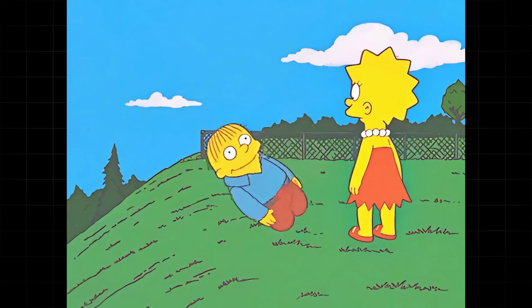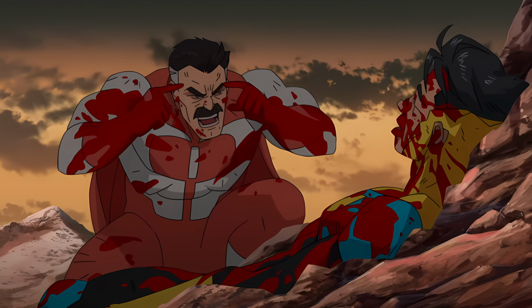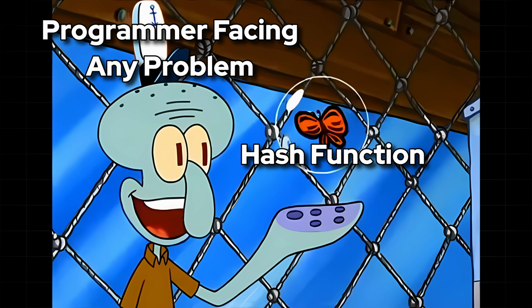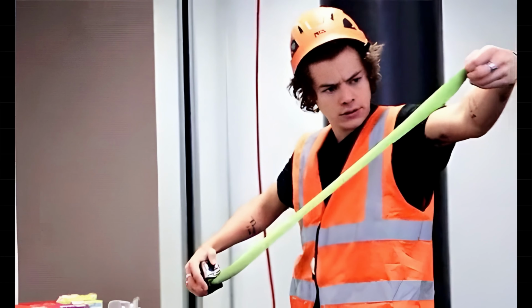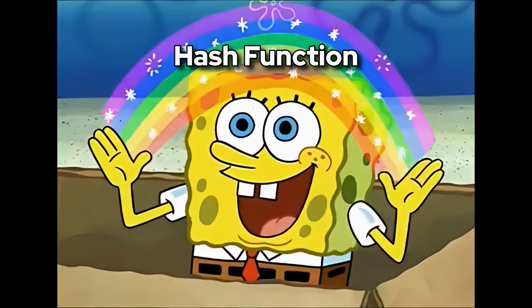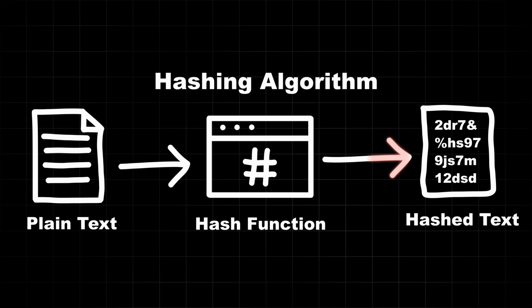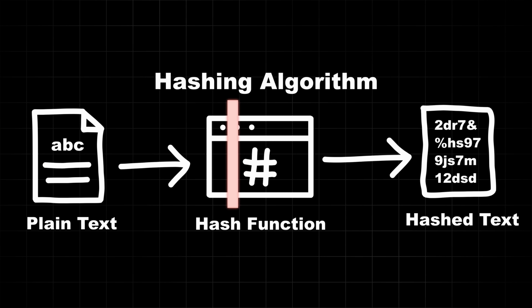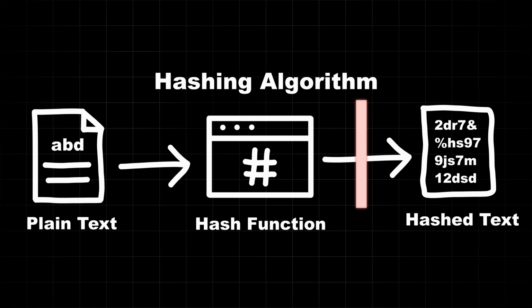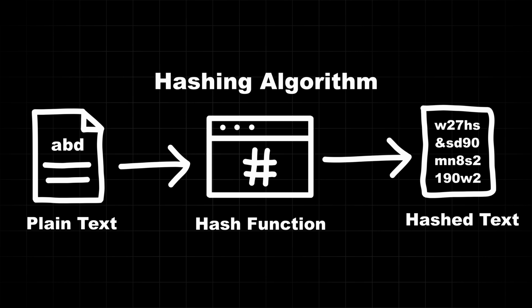Now, before we move down to the generation logic, we first need to understand what hashing is. Hashing is a process of converting data of any length to a fixed size output using a special type of function called a hash function. Hashing has some features that will help us here. First is that hashing is a one-way process. That means it is extremely hard to decode the original data from the hash value. Second is that the same input data always results in the same hash value, and any change to the original data will result in a completely different hash value.